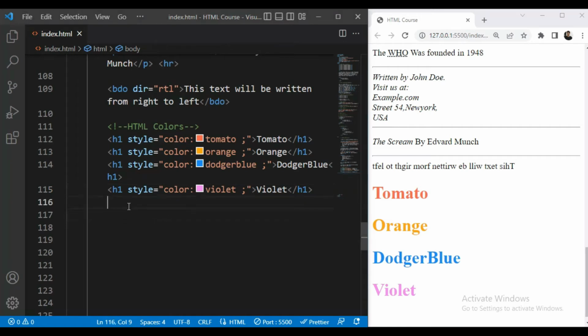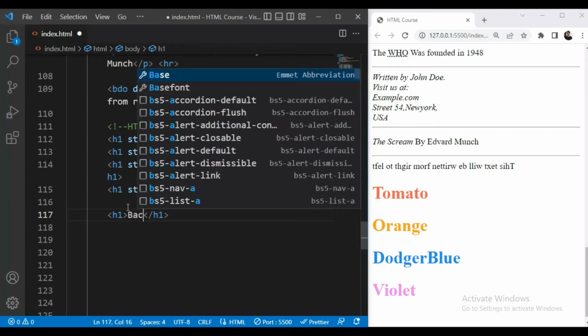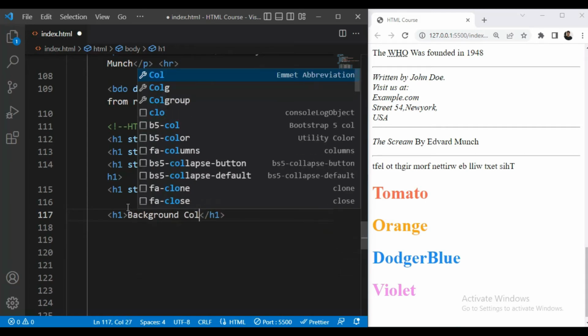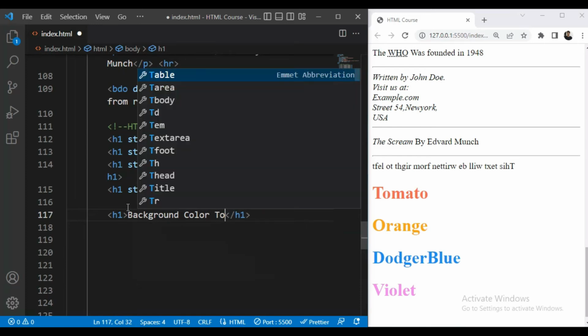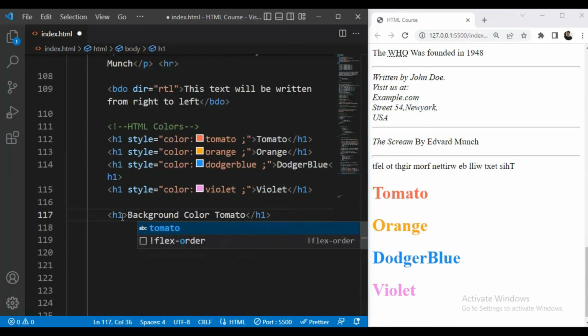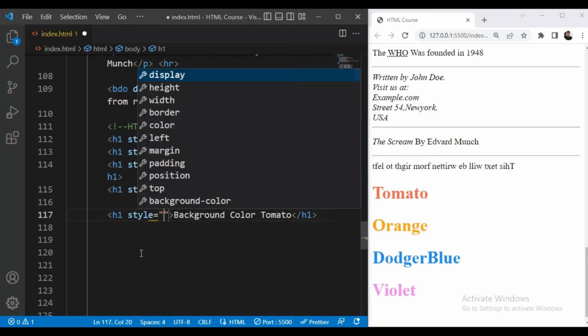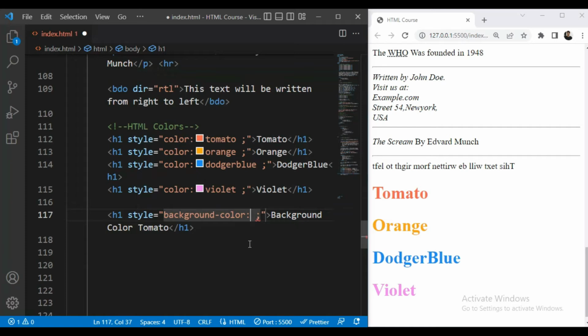Then we will see the background color. For that, again we will take H1 and I will write here background color tomato, and here we will use the style attribute and the background color property, and we will give it a background color of tomato.